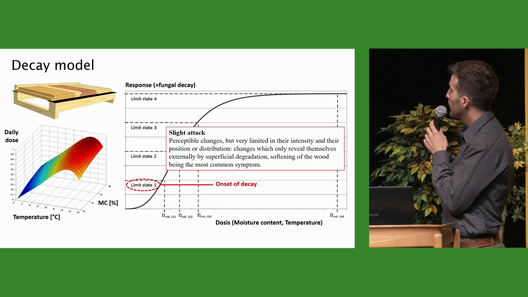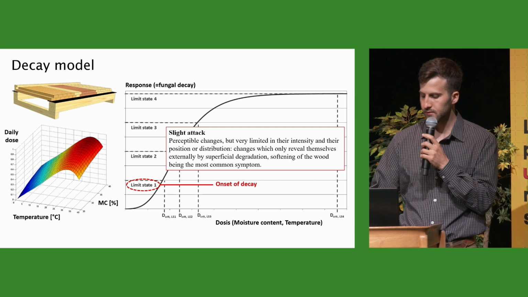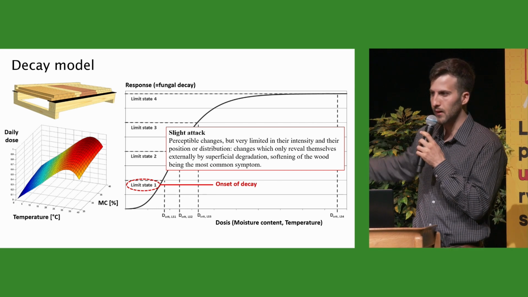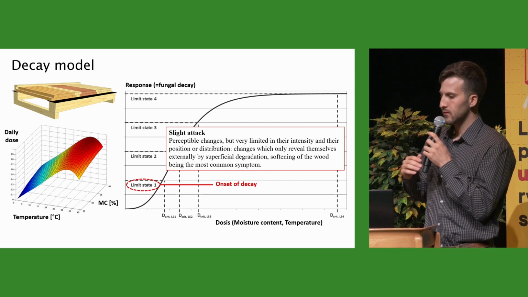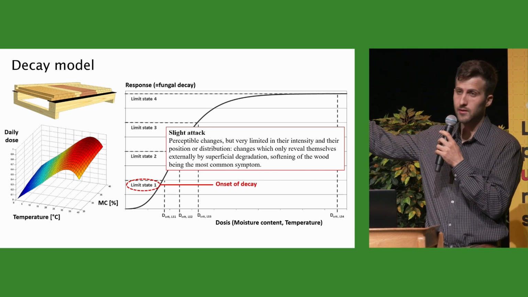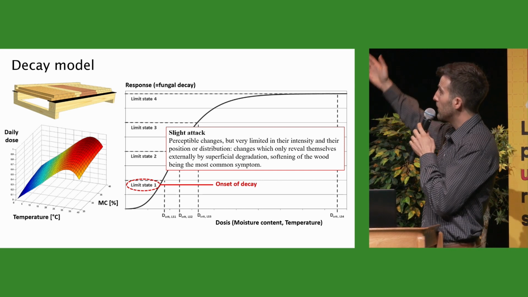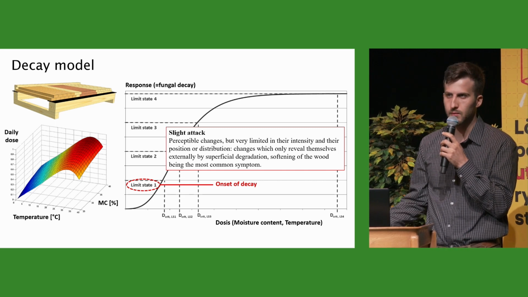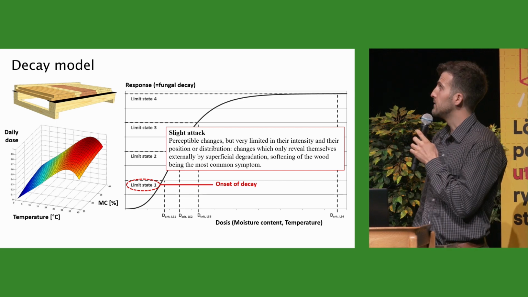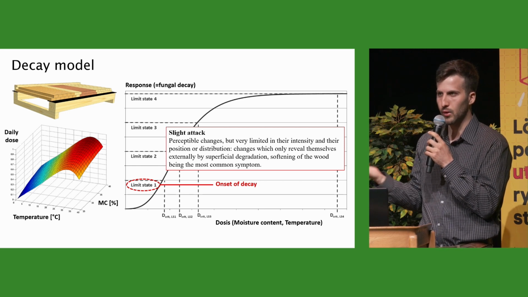So if we then consider a particular time series, you can accumulate this amount of dose on a daily basis over a certain period of time. And we know that sometime this summation would lead to what we call a limit state, and there are various limit states that you can choose. But we decided specifically on the onset of decay as our limit state, because we know that once it passes this point, it's extremely chaotic and very difficult to predict what happens with the material properties after this.